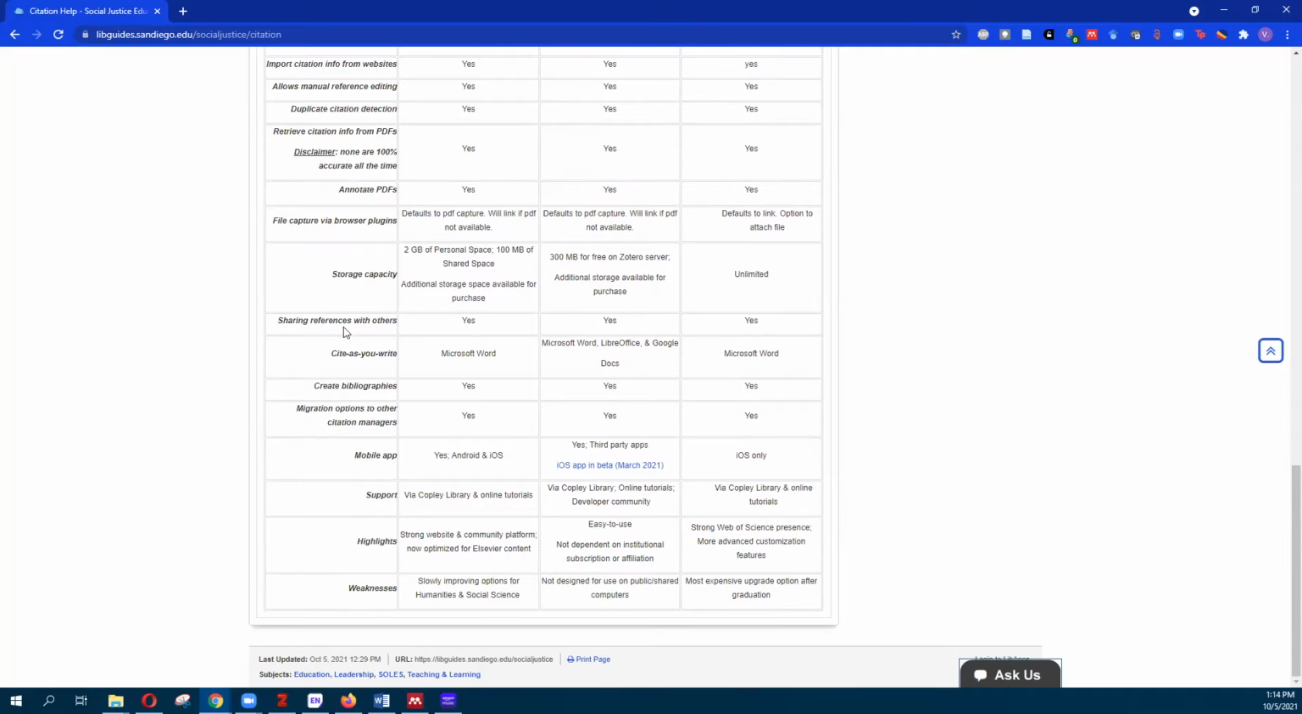Can you share references with others? This is important for when you are working on collaborative group projects. Yes. For all of them, yes. They will have some type of shared function. I'll show you that as I kind of demo some of the